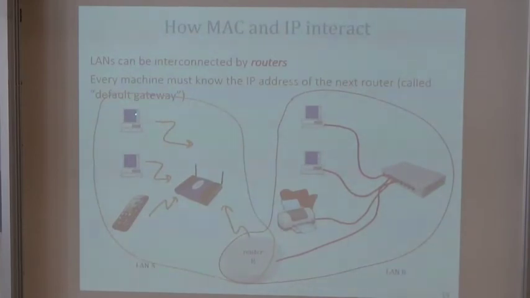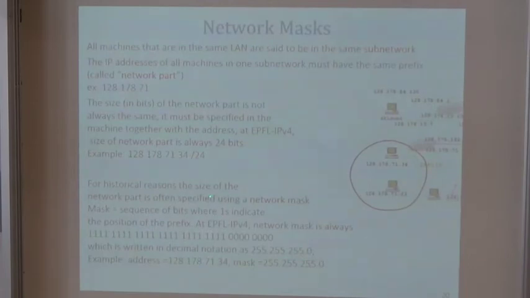Of course, it's not you and me who does that, it's the operating system, the software and the machine. The software and the machine has to know whether the destination is in the same subnetwork or not. How do we do that? It is using the analysis of the IP addresses. At EPFL, all IP addresses that are in the same subnetwork have in common the same 24 bits. So this magic number, 24, is an equivalent description of what we call the subnet mask. EPFL subnet mask is 24 bits.